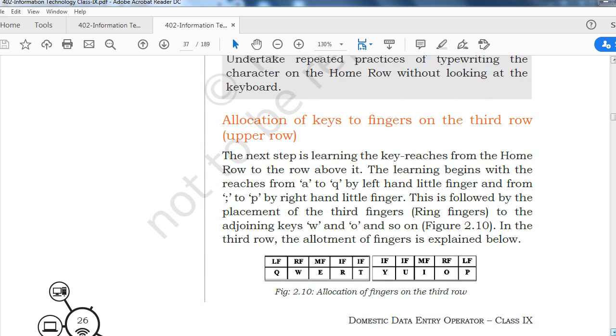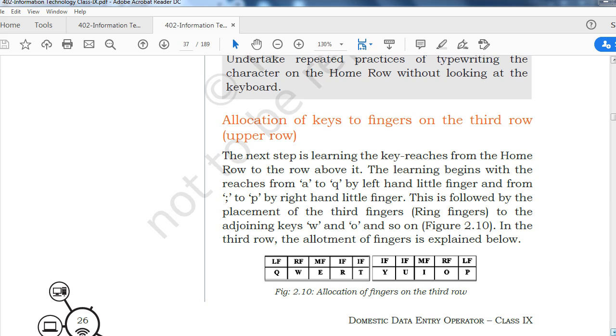Allocation of keys to fingers on the third row, the upper row. The next step is learning the key reaches from the home row to the row above it.